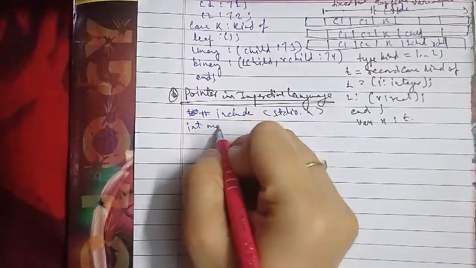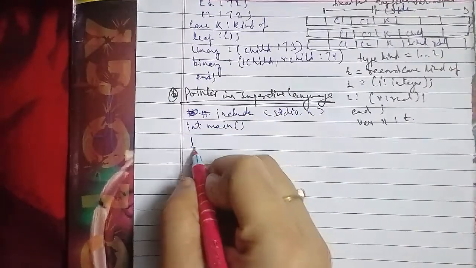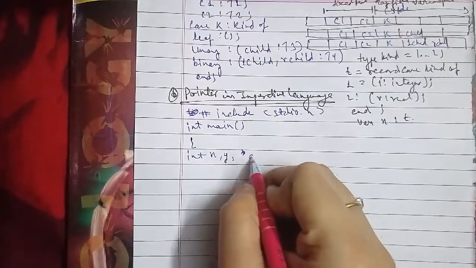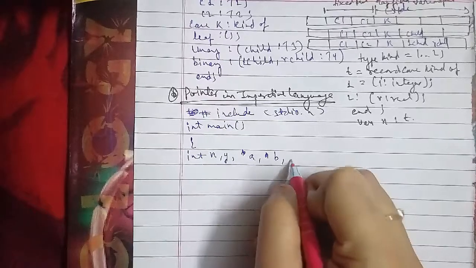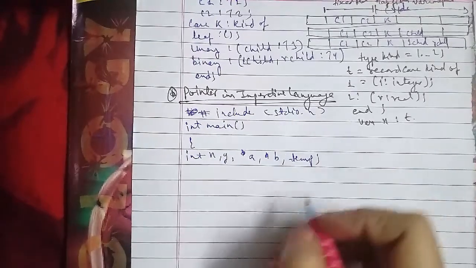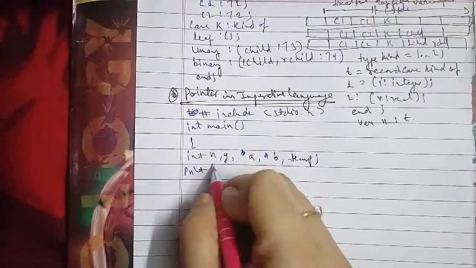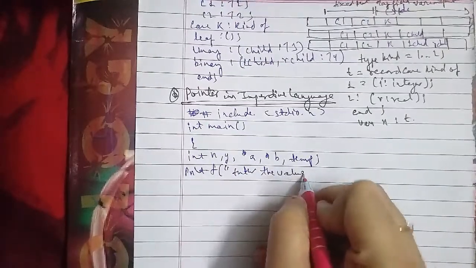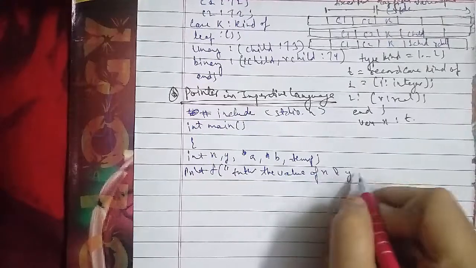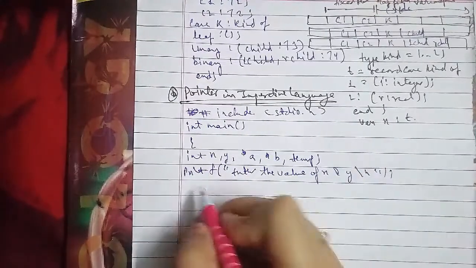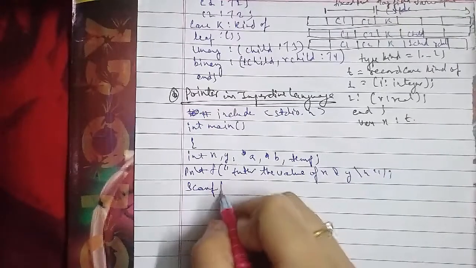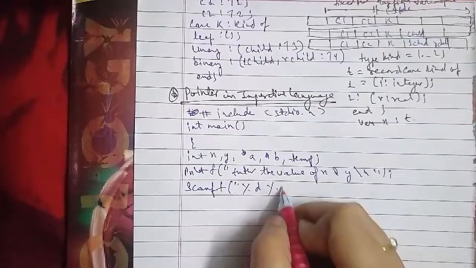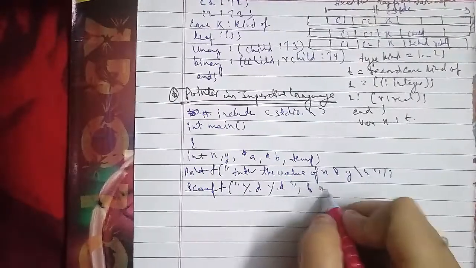before swapping, x equals %d, y equals %d\n, x, y. And a equals &x, b equals &y, and temp equals *b, and *b equals *a, and then of course we have *a equals temp,